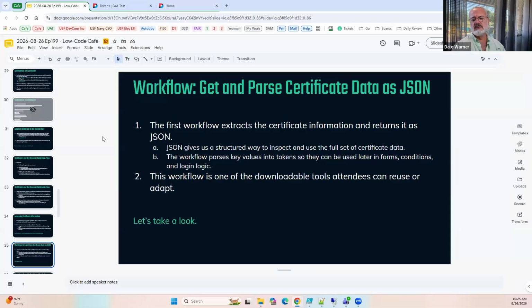All right, so I'm going to provide you two workflows. I'll show them to you. We're not going to work through development on these, but we'll work through development of using them. The first one extracts most, and it really is intended to do all, but I'm not sure about all the variations of certificates. We're trying to extract all of the data in JSON so that you have within Plant and App a way to get to